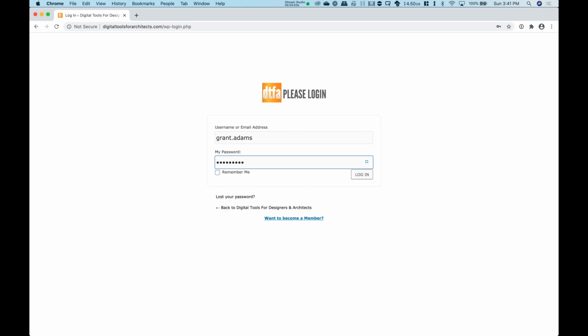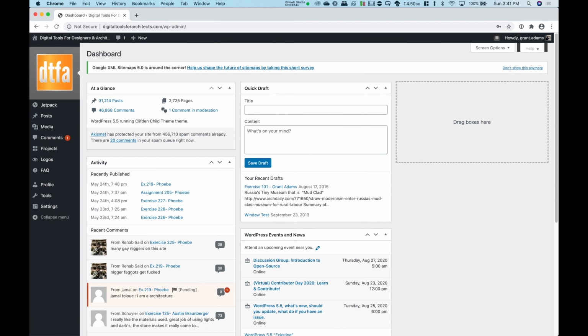and then I'll go ahead and click on login. Again, if you didn't get this information via the automated email, you could also click on the lost your password link, and that would do a password reset for you, which would send it to you as well. I have had in the past some trouble with Gmail accounts that it sends to. Sometimes it goes in the spam folder, so go ahead and check your spam folder there as well. So this is the back end of the website.